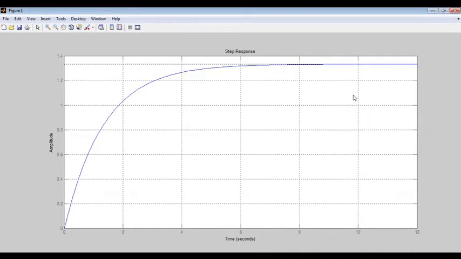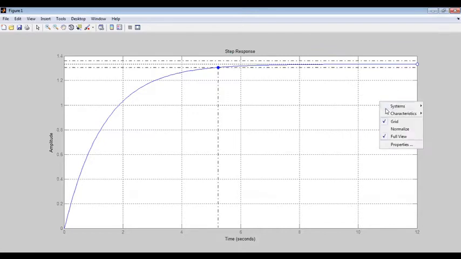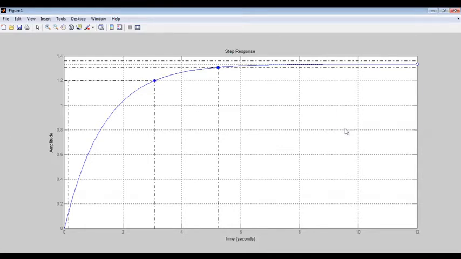Again, for this system, when you add a pole a little away from the origin, we will observe the time domain specifications and we have to compare for all the different cases. To get the time domain specifications on the figure, you right click, go to Characteristics and click on all the specifications: peak time, rise time, settling time, and steady state error.